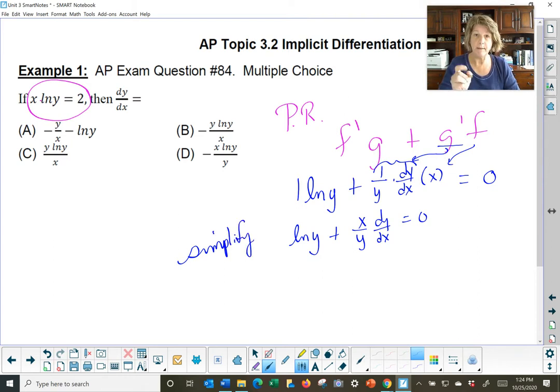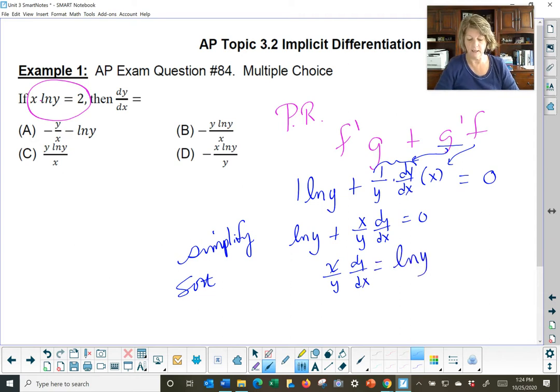Now let's separate. Let's sort this out. And I'm going to keep the dy dx stuff on the left. I just kind of prefer it to be on the left. And it conveniently is already starting on the left. And keep solving. We'll solve for dy dx. So dy dx equals